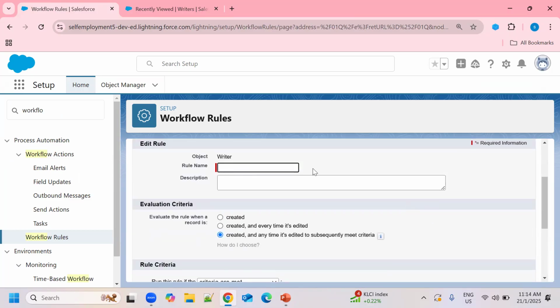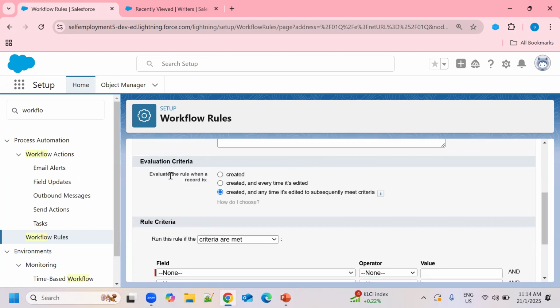Before giving a name to our rule, let me explain a little bit more. This is the evaluation criteria. Evaluation criteria means the workflow rule will execute if the criteria match. That is the main cause for the workflow rule to run. It has these three options.